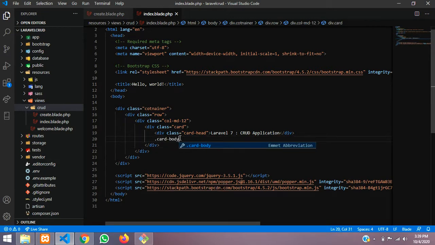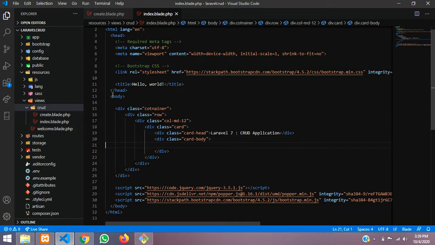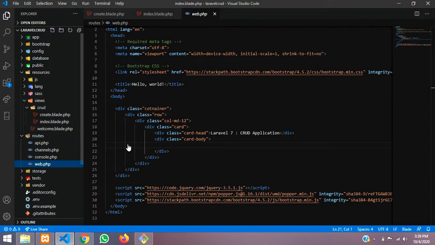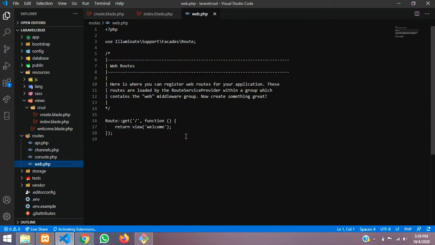Card body. Okay, so now let's go to routes, web.php. Inside that, this is the main URL which is right now shown over here.